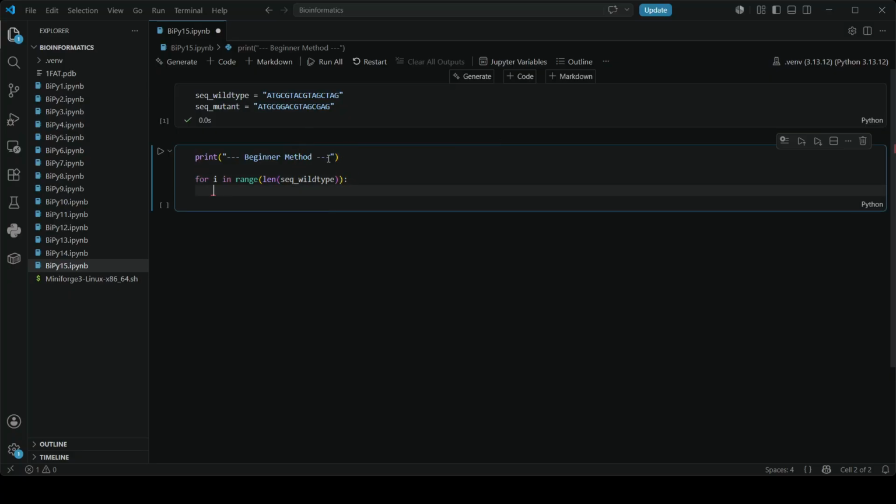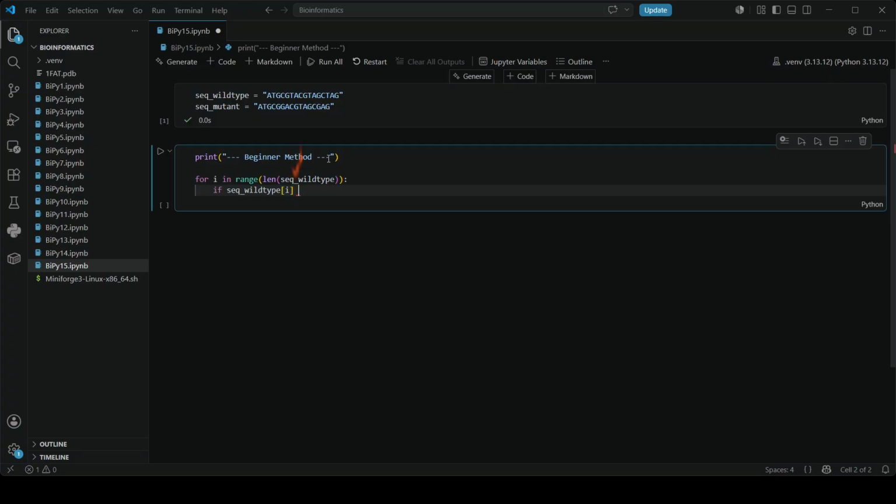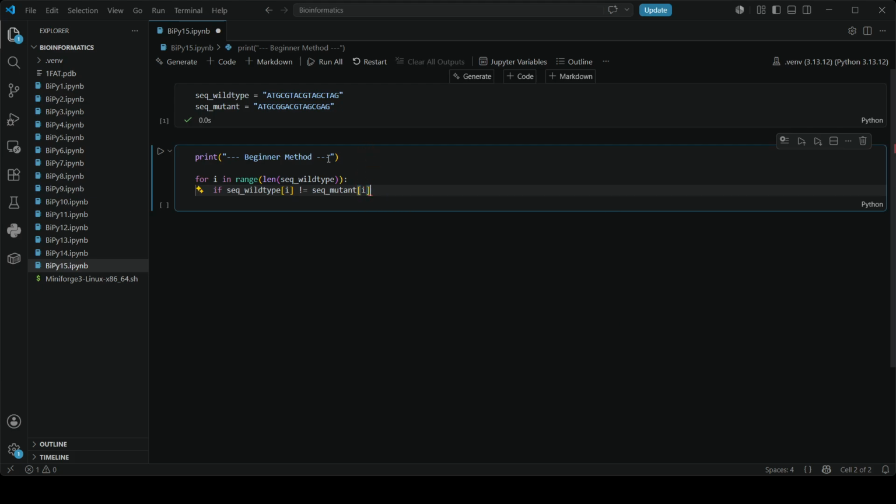Inside this loop, if sequence wild type's ith element is not equal to sequence mutant's ith element,